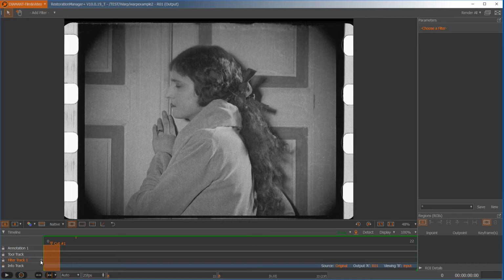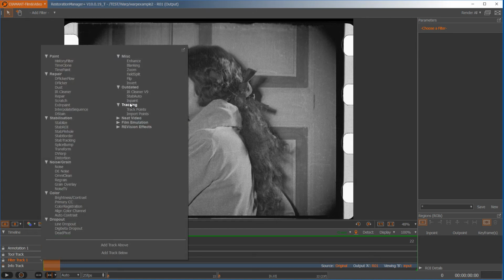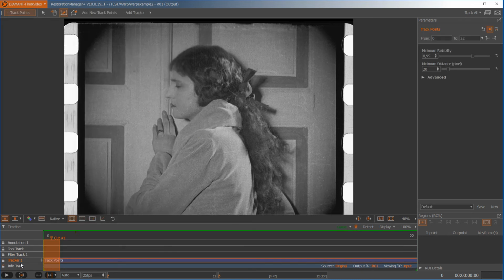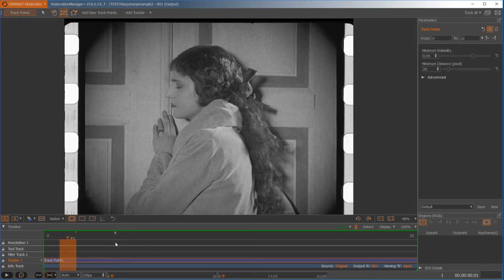To add tracking, I go here on my timeline to the plus symbol, go to tracking and select track points. This will insert a tracker track and a tracking filter over the timeline. Since the first frame is never the best, or hardly ever the best, I go to the third frame, and on this frame I'm going to